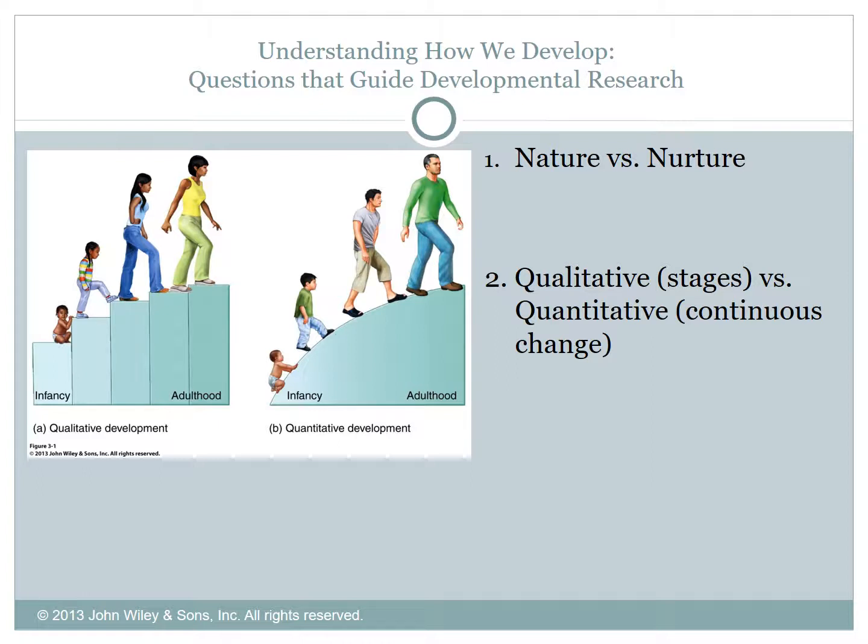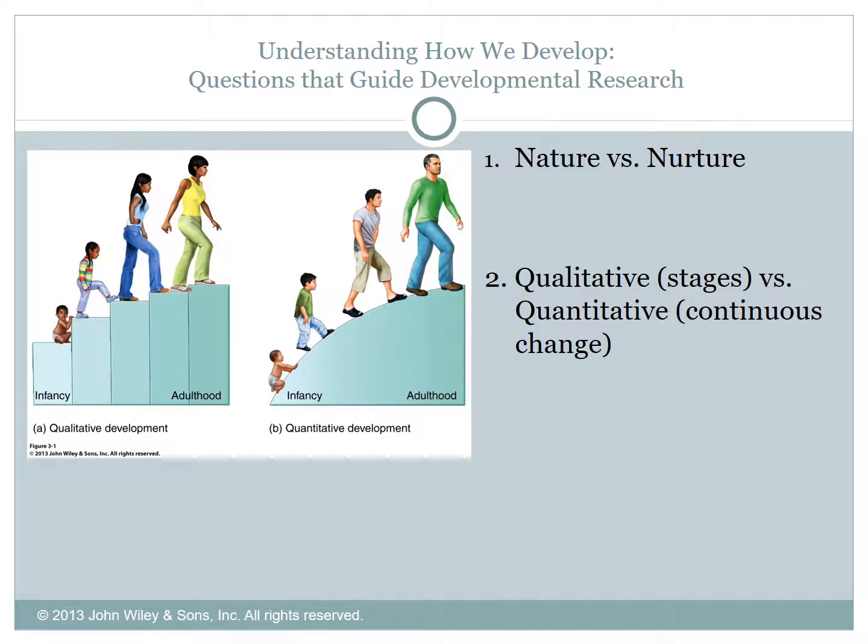Then we have also qualitative versus quantitative change. And this is simply a way of looking at how we develop over time. Qualitative change is usually considered a stage-wise or a stepwise way of looking at development. And humans don't really develop in a qualitative way. We grow in a smooth linear transition in this quantitative or continuous way. But qualitative changes are easier to define and easier to discuss. So we'll be looking at a couple of examples of qualitative change and one or two of quantitative change as well, and getting a little bit more into hopefully some examples of how those work so that you can see